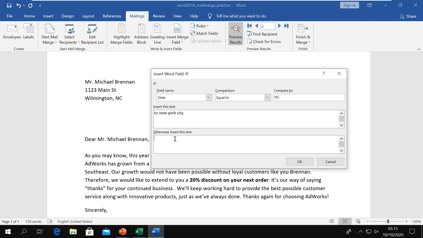Otherwise, if it is not matching, then I say business to the place. So I just wanted to do it like this, and here I am adding it, where is it? My insertion point is here. I say okay.